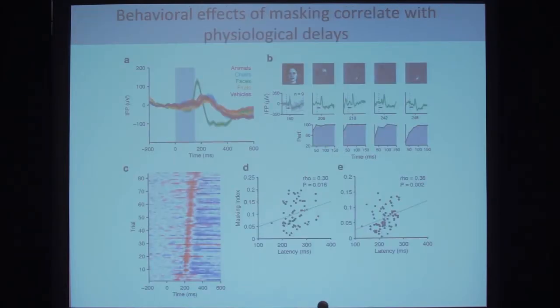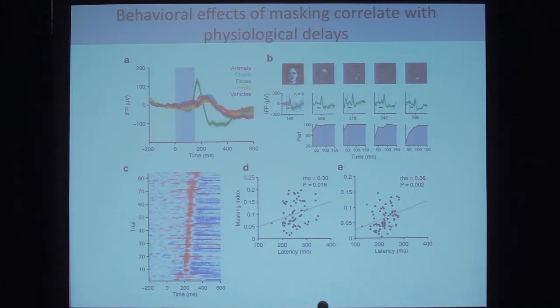Just very quickly, I want to point out that there's a connection between what's happening inside the brain and what's happening at the behavioral level. We can go back and take one of those electrodes that showed a very strong selective signal and ask for each picture how much of a delay there was in the physiological signal. Remember that I postulated that that delay in the physiological signal may be correlated with the need for additional computations. At the same time, for each picture, we can measure behavioral performance and what's the effect of backward masking, to what extent backward masking impaired recognition performance.